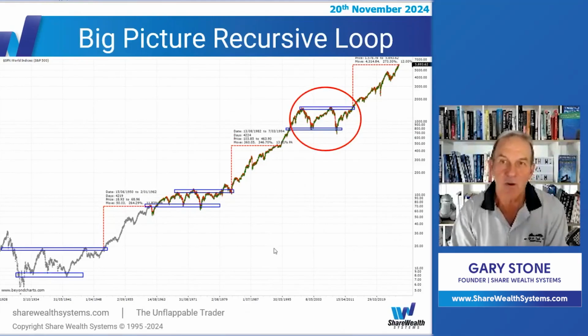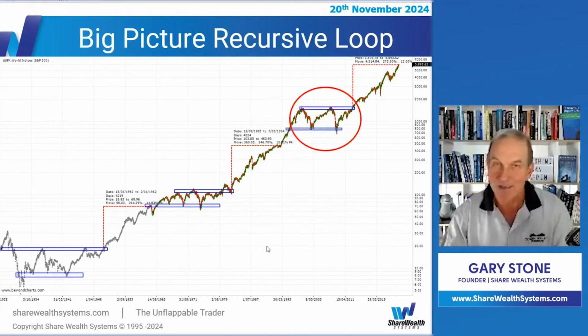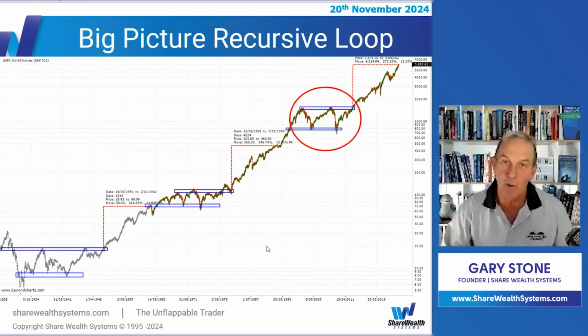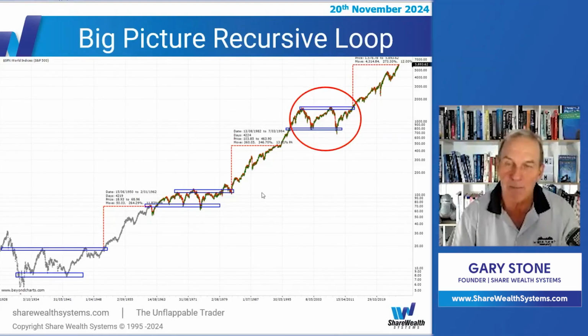So it just gives us a rough idea of where we are in the secular bull market. And sure, there's some more to come, but maybe not. We're not predicting. We're just going to let the market tell us, like at the beginning of the session where I said all these big name commentators who have made trillions in the past, who were calling this market sideways, have all been proven wrong by this breakout to the upside we've had on the S&P 500. Well, that doesn't mean that this is definitely going to continue going up. So it's not a prediction, it's just giving us some big picture perspective.